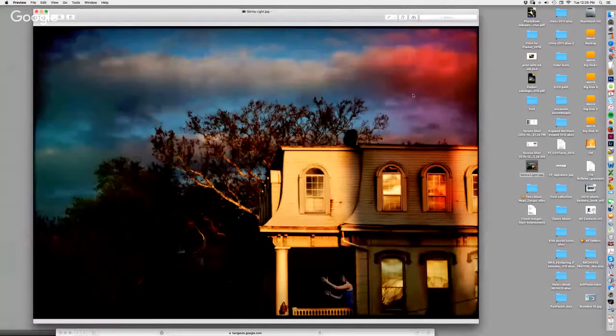Okay, this image also came from that same trip to Selma, Alabama. It is a composite, but much of the background was actually a photograph that I took. It was late in the day. The reflections on the windows and on the building were striking. But obviously, I enhanced it, added quite a bit of color to it, and inserted the woman. And I have to say,